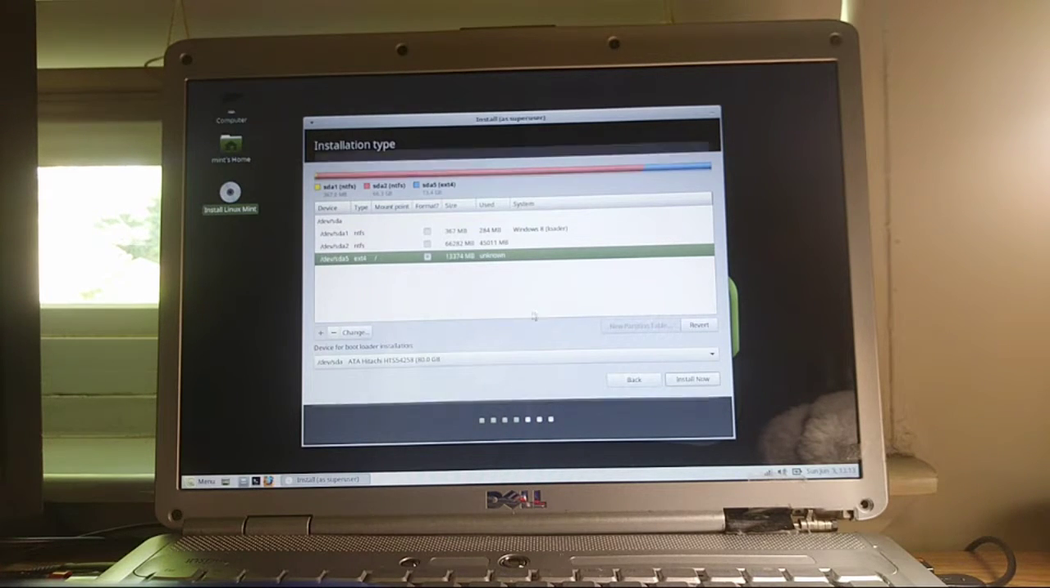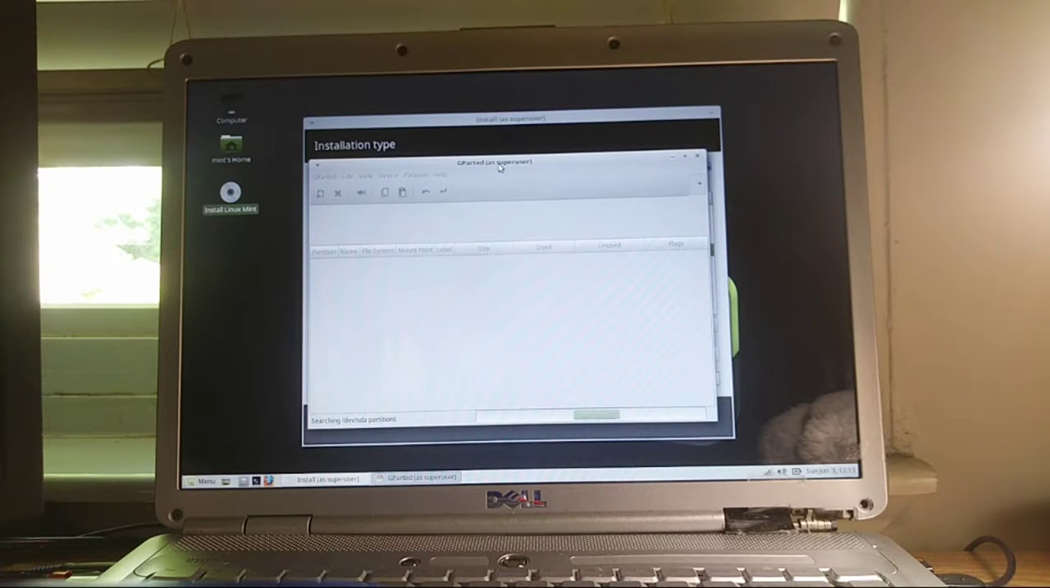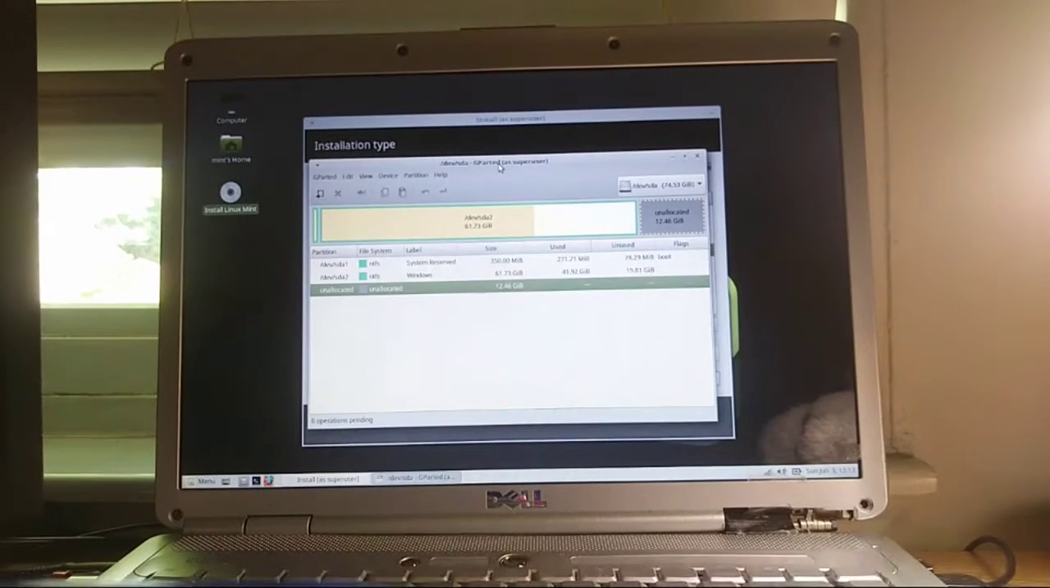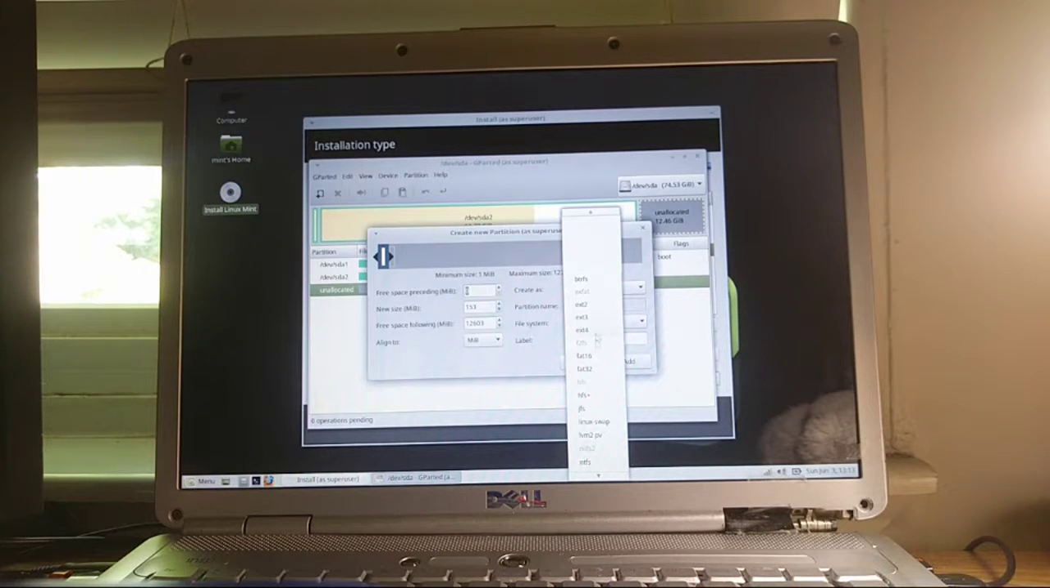And create the swap. Give it a second, it's actually trying to load up both partitions. Okay, so there's our unallocated. We can do new and make it an ext4 in